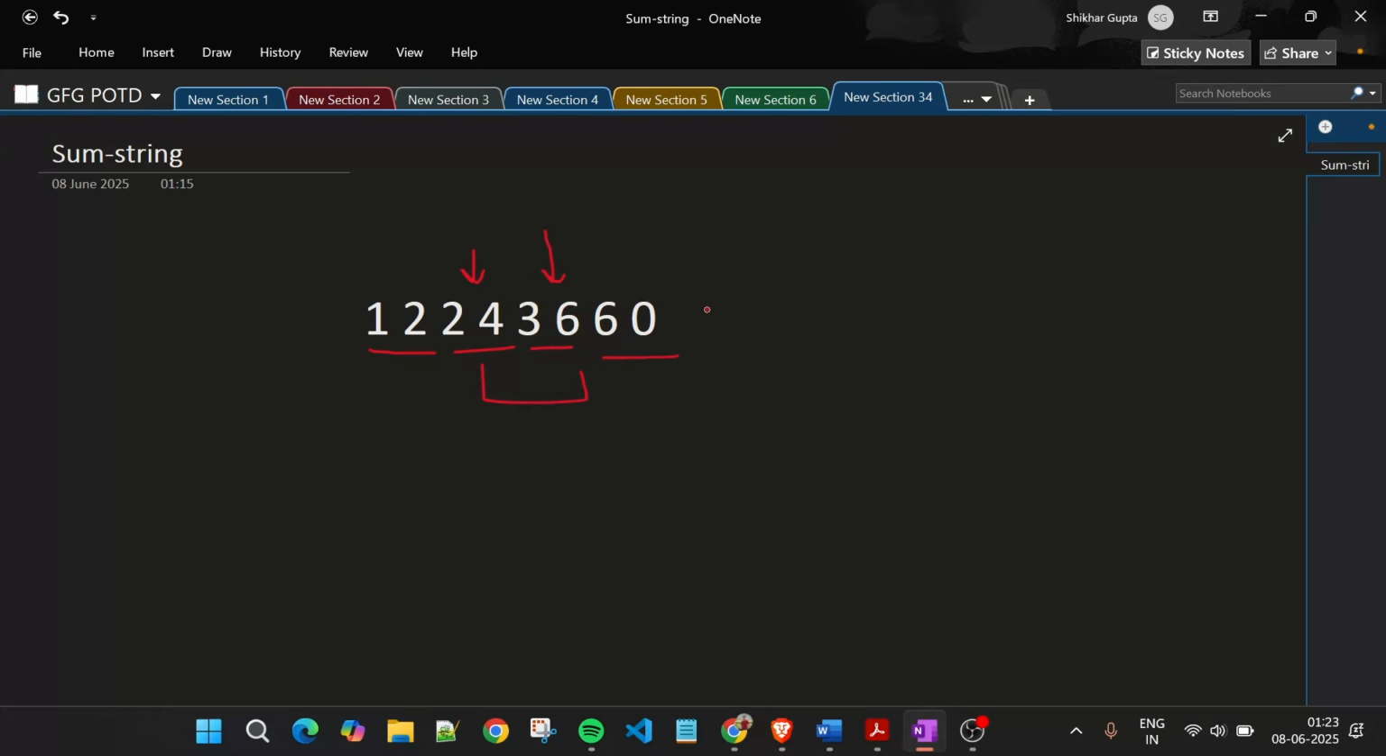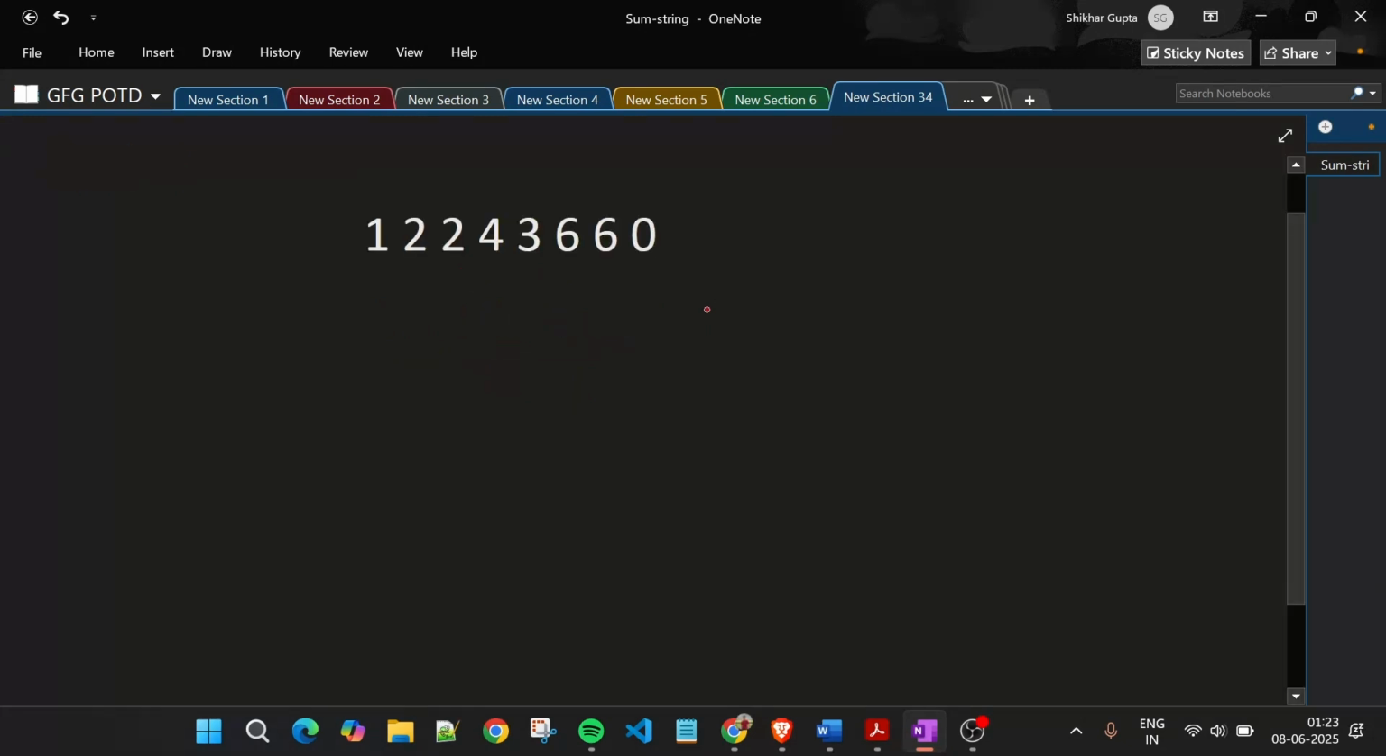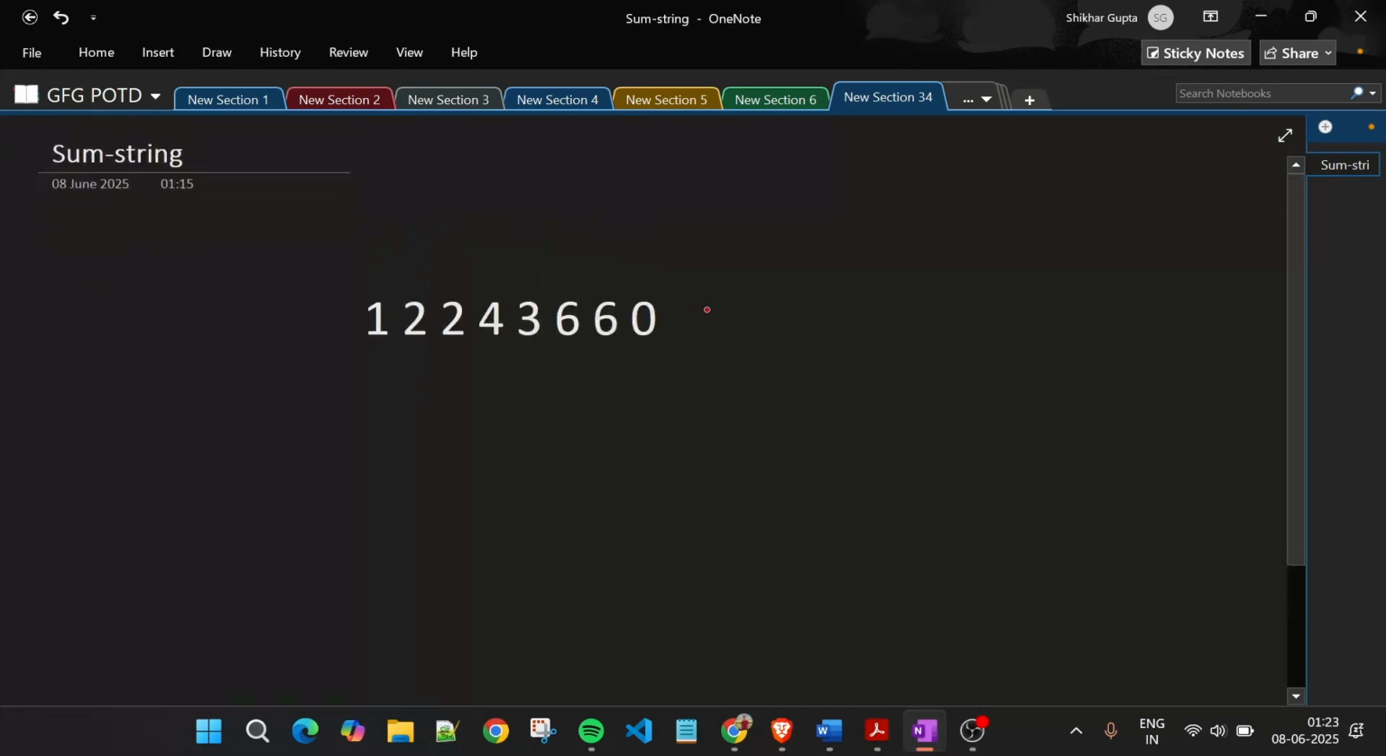Okay, so this is our approach. Now how are we going to do this? Look, the first thing is we will try to get all the pairs. So I will run a loop, going from the 0 index and from the 1 index, let's say, because substring is basically like